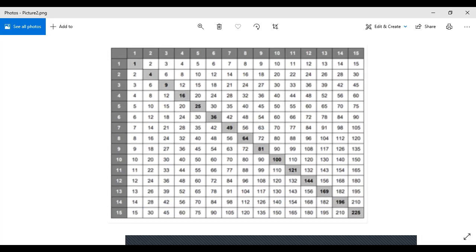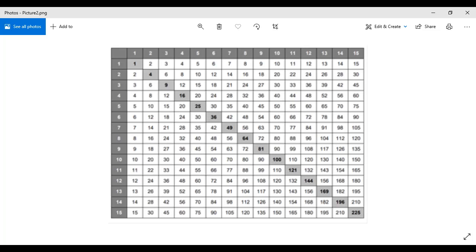Now see, the numbers are not written in a proper sequence. Are they written in a proper sequence? No, they are written randomly, right? Now there is a particular strategy being used in this, and we will not be discussing that strategy. The thing that I just told you is that these are the tables.